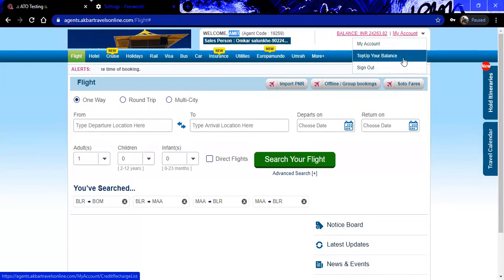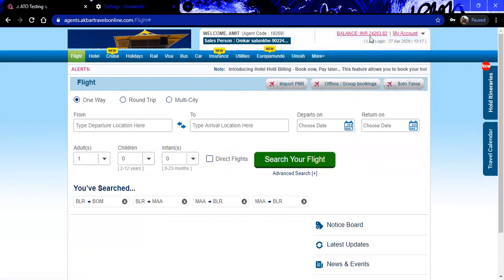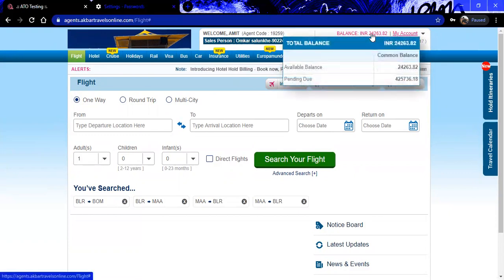You can click on this and get the recharge, and the funds will be uploaded in your account, which will be further used for your service payment. If any pending dues are there, that is also mentioned over there. So each and every detail in regards to balance is provided.